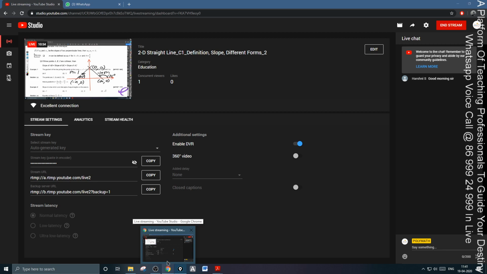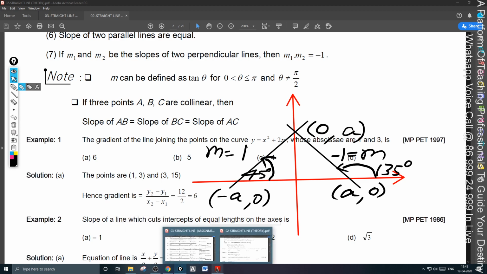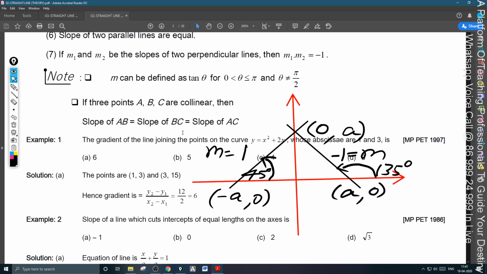So, the slope of the line which makes equal intercepts on the coordinate axes is plus or minus 1, and hence here in this case the answer is A. He has given only one answer, and it must be plus or minus 1. Okay, now